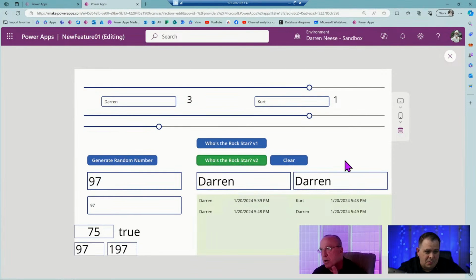So we're close, Darren. We just got to do this. That's where that times -1 comes into play, because we want that to be placed on that left side. If Darren won, you want it to be 75%. It should be 75% of that direction. So it really should be 25%.